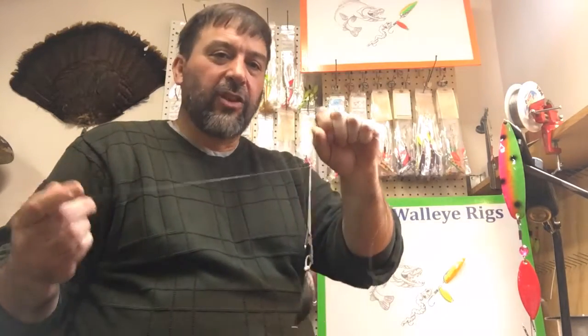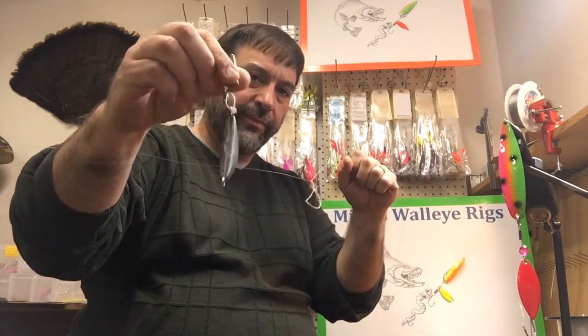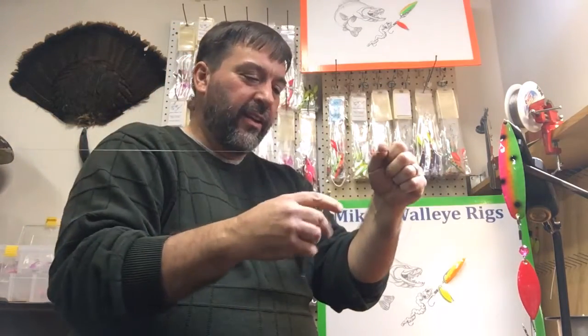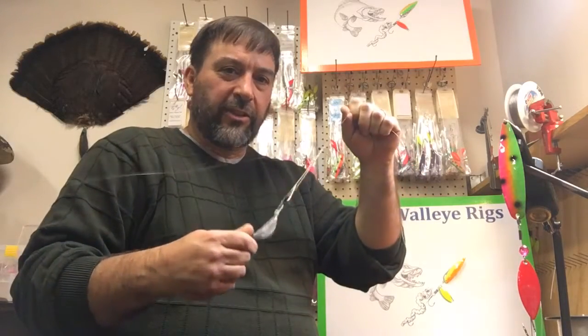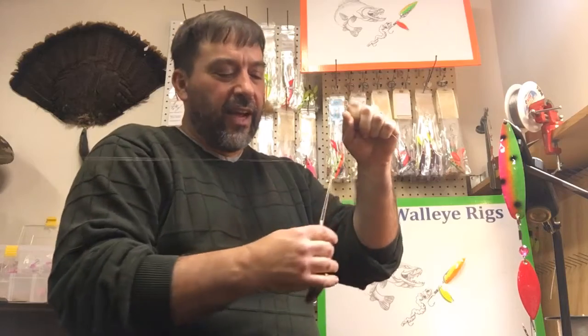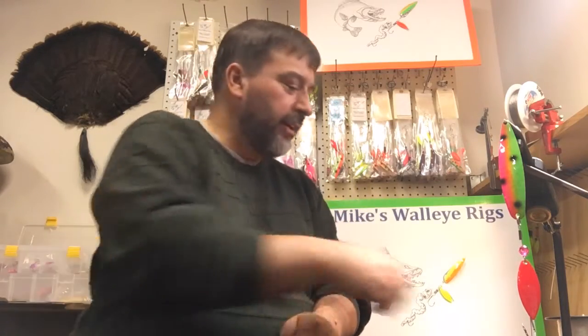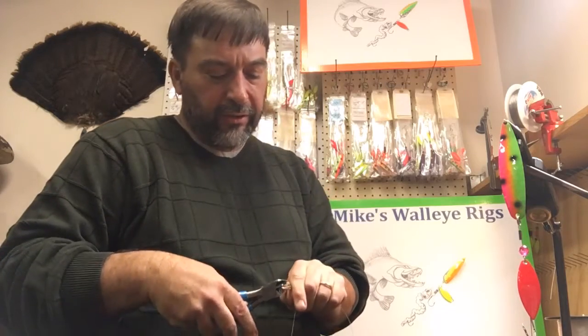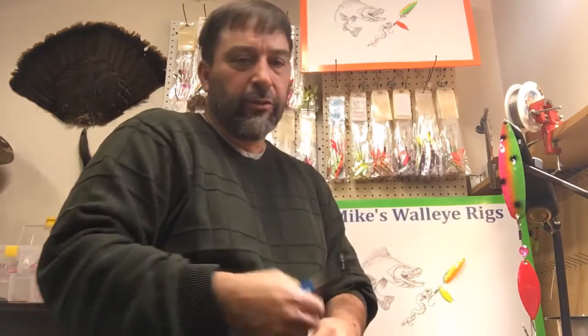Yeah, I've had some guys also question these snap weights. It isn't the prettiest looking rig, and I've had guys who say that thing might scare fish. Well, actually in Lake Erie, out of Erie, they've been doing the same thing for years. But typically, this is what they do instead of using the